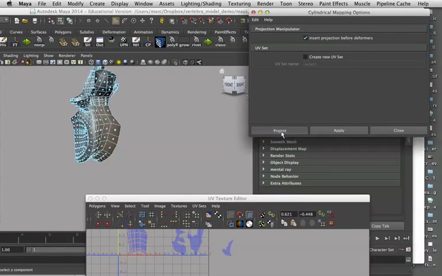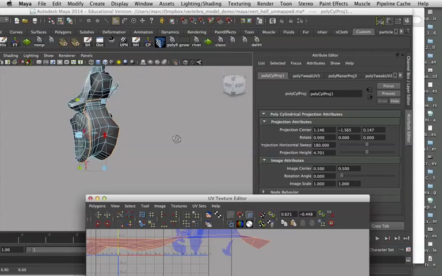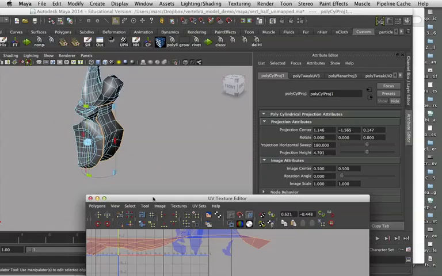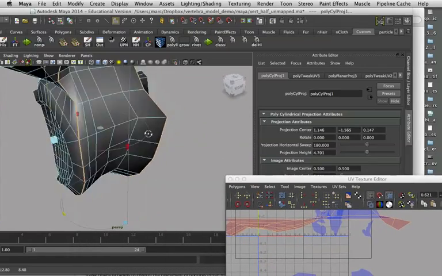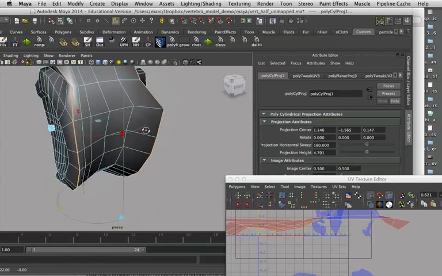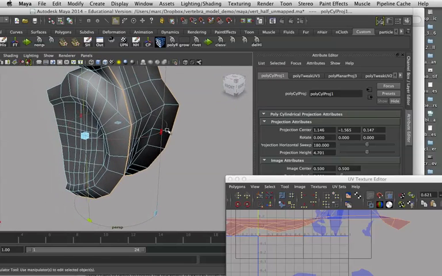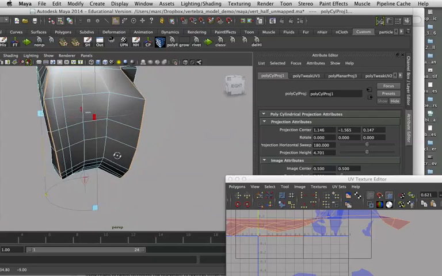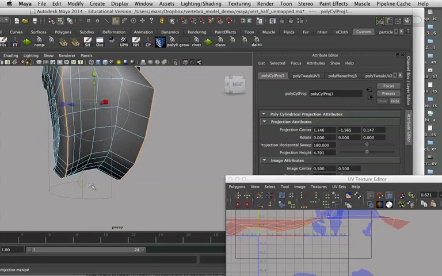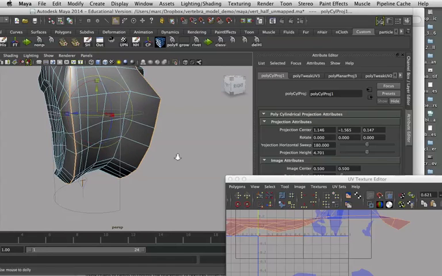And just project. And you can sort of see in this representation it's trying to put a cylinder around it in a totally useless way. Because the cylinder I'm imagining is kind of wrapping around this way. But it's put the cylinder, you can see here, wrapping around in a sort of longitudinal way. So I have to twist this into position. And already I'm thinking this is maybe not the best way to do it, but